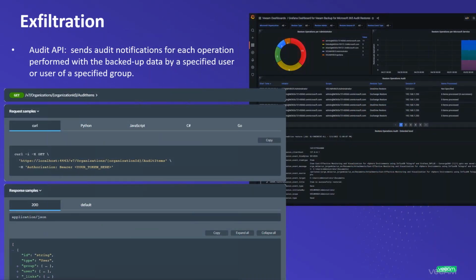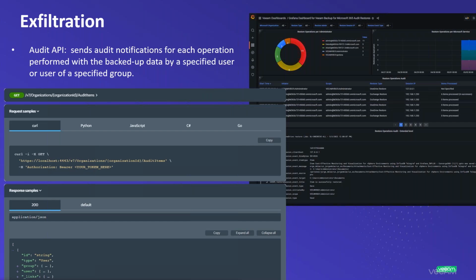Another feature I like to talk about is probably one of the most underrated features in our console. One of the number one questions we get when it comes to compliance is, okay, so how do I prevent administrators from just going out there and restoring whatever data they want without any kind of visibility whatsoever?